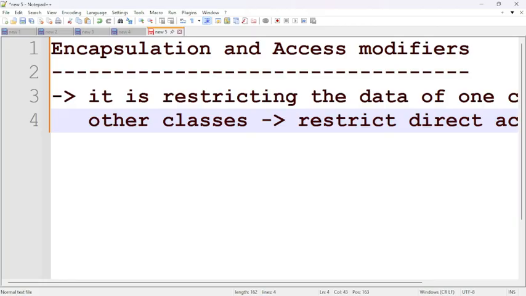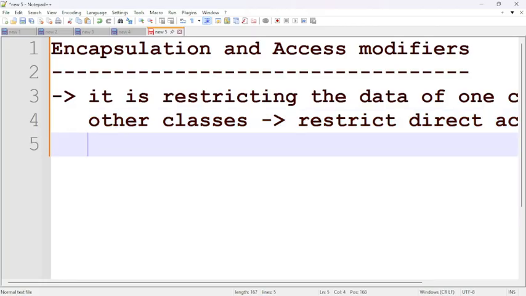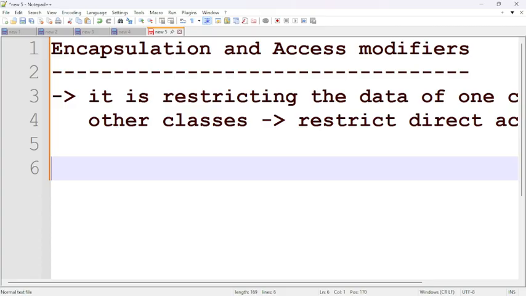If you want to access the data, you use the encapsulation concept, where first you have to hide it. We can achieve encapsulation by using a private access modifier